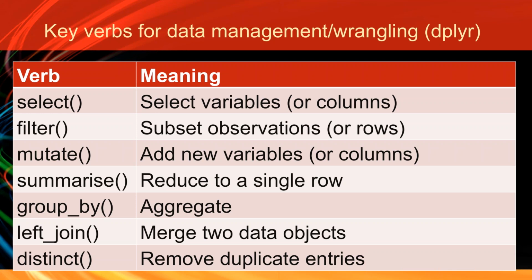Then we can actually start to try to make sense to tell a story from these data. We need to be able to think about merging objects, so left join. Distinct allows us to remove duplicate entries. Again, relatively small set of commands that allow us to do some powerful things. Let me give kind of an example how this might work.